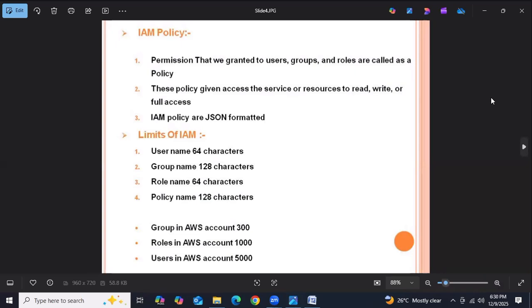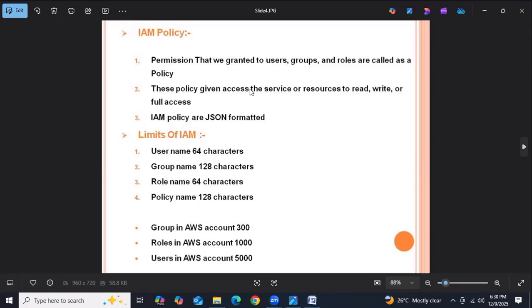Few people should have restricted access, only read access, so we provide read access for them. How do we provide permissions, not roles, guys? We provide the permissions with the help of JSON format. If you know JSON, it's very easy to assign permissions. No need to bother; at present we are at a very initial stage, so I'm going to use an alternate option: how to provide the role with the help of the GUI interface. Got it, guys?